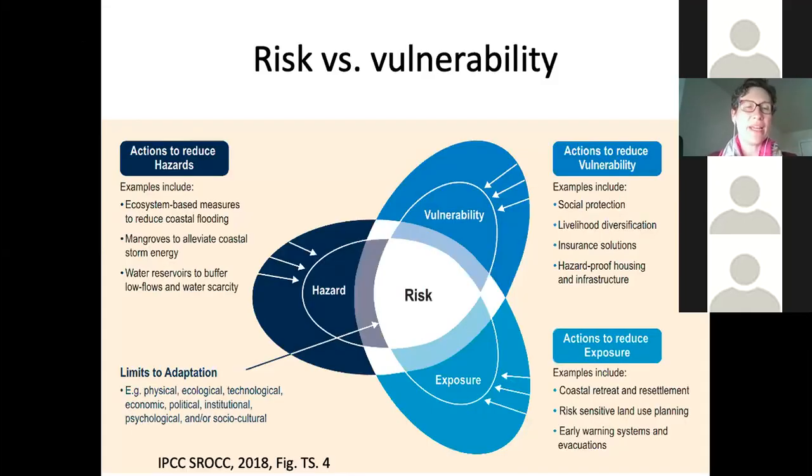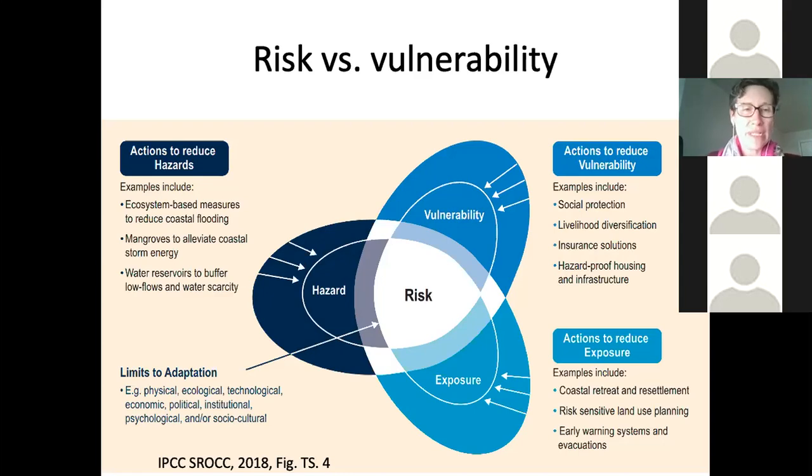So risk and vulnerability often get rolled together in common language, but really when we think about it rigorously, risk is an integrated measure. The IPCC defines it as the potential for harmful consequences for human or ecological systems. And they note that climate-related risk can come from the impacts of climate change, as well as the human responses to climate change, because risk really depends on the combination of what's shown in this figure, which is vulnerability, hazard, and exposure. Hazard and exposure are slightly more straightforward ideas than vulnerability.